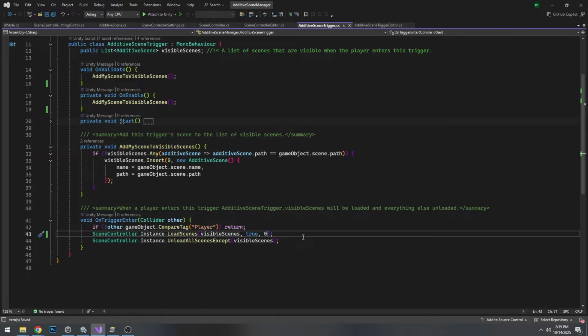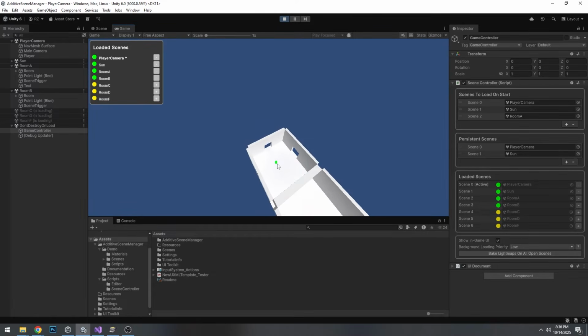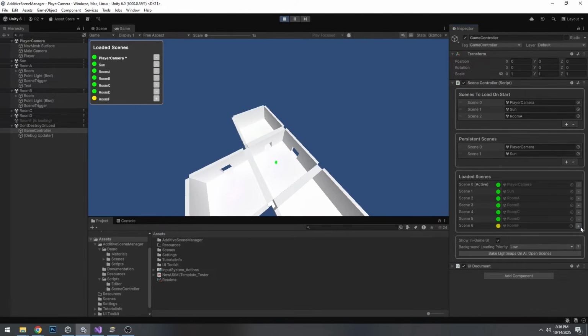In this case, I want the sun to be the active scene, so I'm just going to omit that third parameter. And allow scene activation I've set to true, but now I'm going to put it to false. Now what's going to happen when I walk into the first room is the 3 scenes are going to load, but they have the yellow icon on them. They're stuck at the 0.9%. So they won't become visible or active until that allow scene activation is set to true, and then they'll go